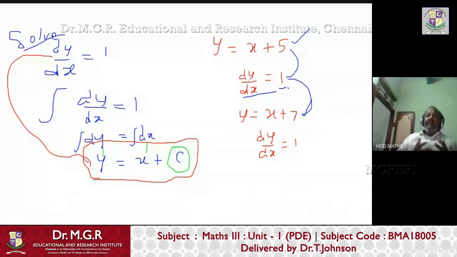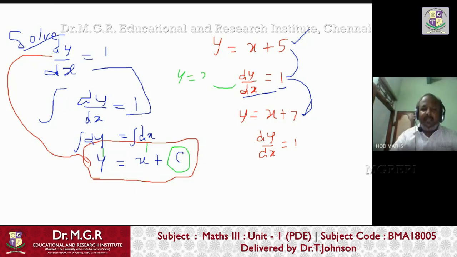So physically we can mean so many things by the equations, but dy by dx only tells the rate of change. So when you integrate dy by dx using this idea, it becomes y equals x plus something, and you don't know whether you are going to put 7 or 5, because when you differentiate x plus 7 you get dy by dx equals 1, and x plus 5 also gives dy by dx equals 1. So you don't know which constant to put. And not only that, if you put any constant, you will get only this. So in general we put it as any constant c.